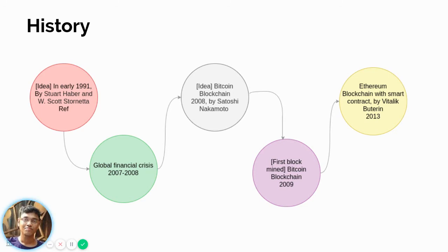The first block which was mined in the blockchain, we will understand what mining means. Just for now, have in mind that the first block which got added in the blockchain was in 2009. And later in 2013, Ethereum, Vitalik came up with the concept of smart contract. Again, we will look into smart contracts in the later sections. But Vitalik came up with the concept of smart contracts on Ethereum so that